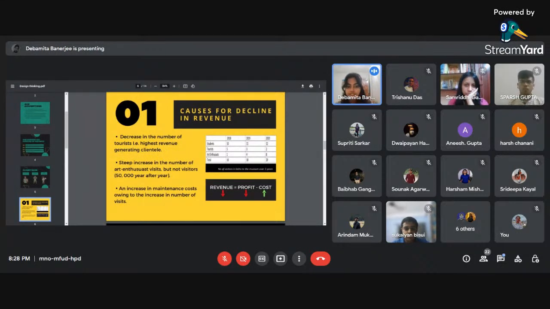So as we can see from the numbers given here, even though the total has increased, the share that has been coming from each group is very scattered. In terms of students, we see there has been a steady growth, which is 1 lakh per annum. Whereas in terms of tourists, which is the group that makes the biggest revenue, the numbers have decreased a lot. This is the biggest cause where we're losing money right now.